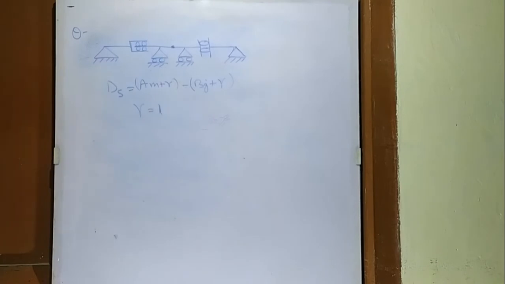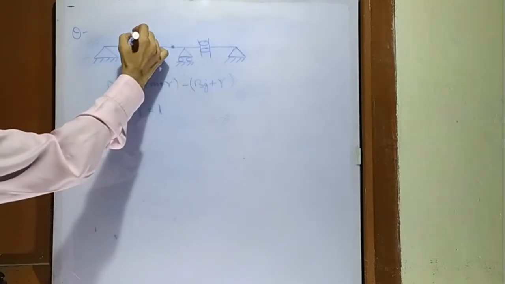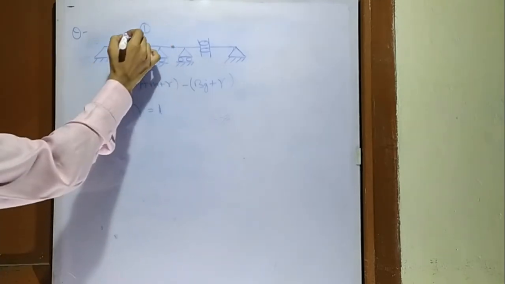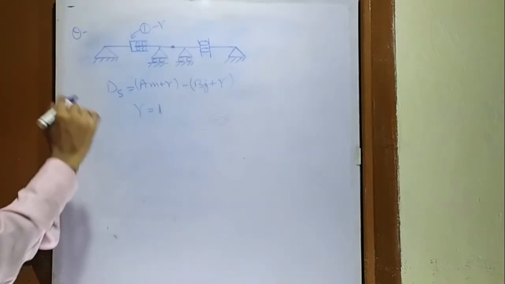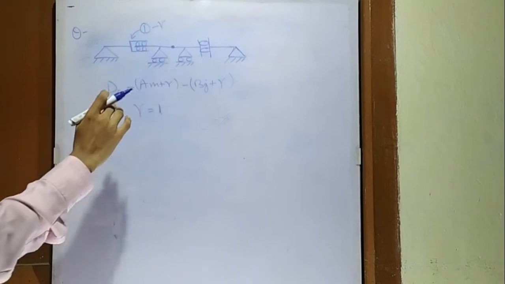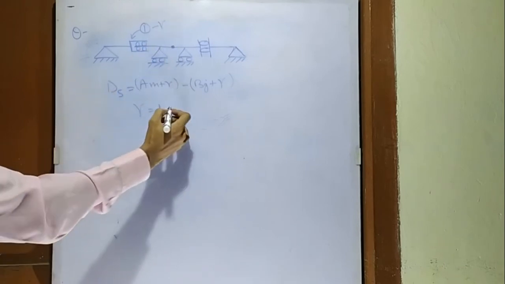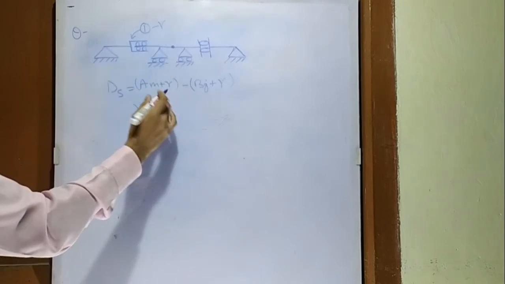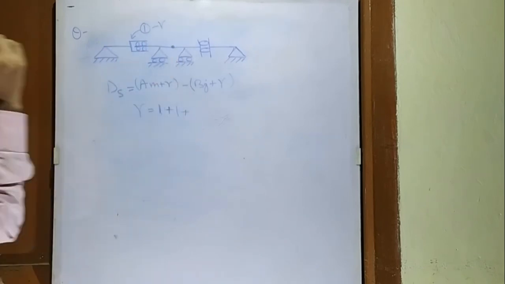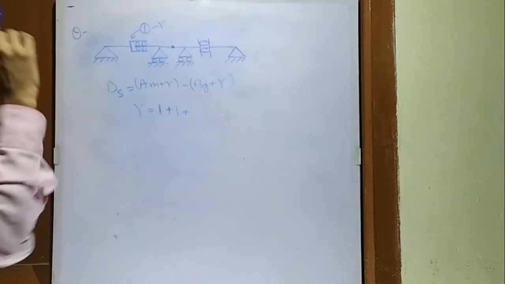This is the axial force. Okay, so at this roller support, what will be the value of release? 1. This is gamma. Now at internal hinge, we know that the value of internal hinge releases is equal to m minus 1. So the number of members meeting at this internal hinge is 2, and 2 minus 1 comes out to be 1. Now we will just consider this guided roller.